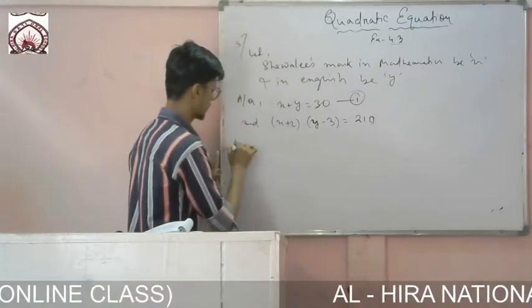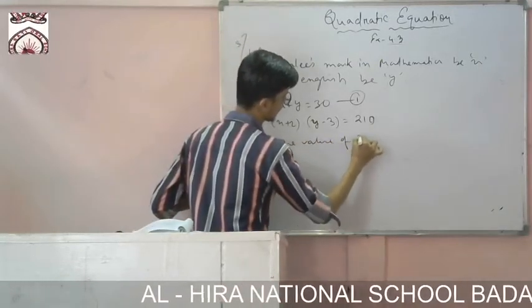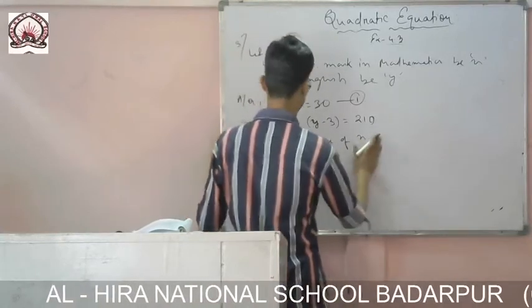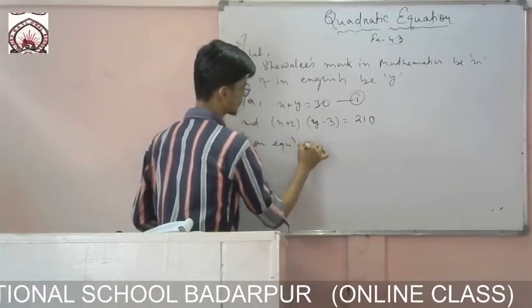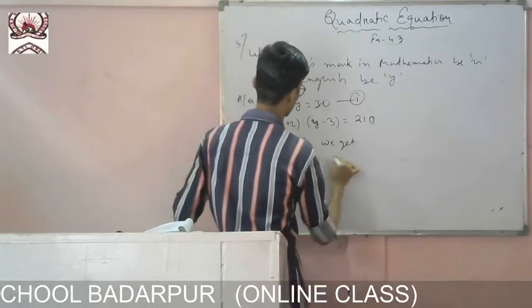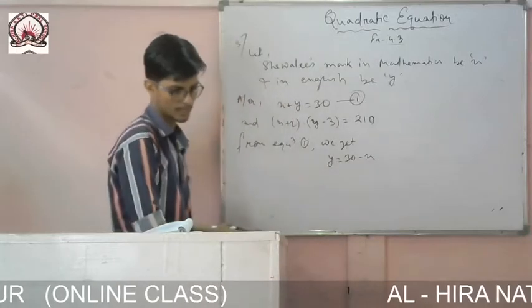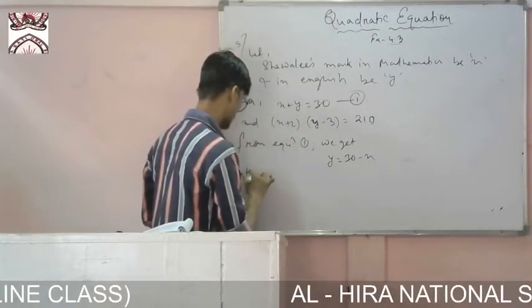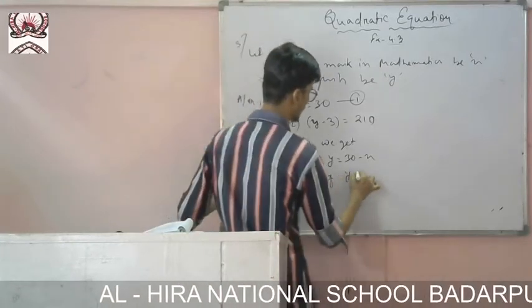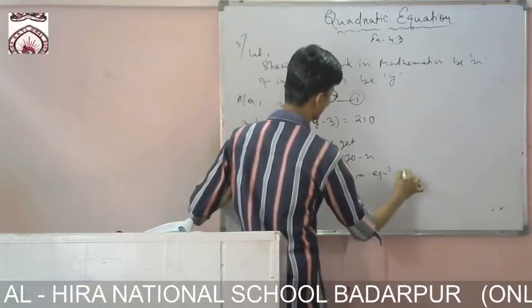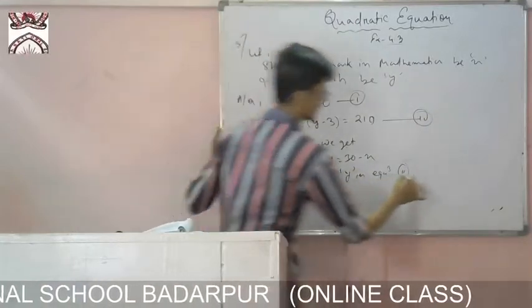From equation 1 we get y equals 30 minus x. So putting the value of y in equation 2, we get